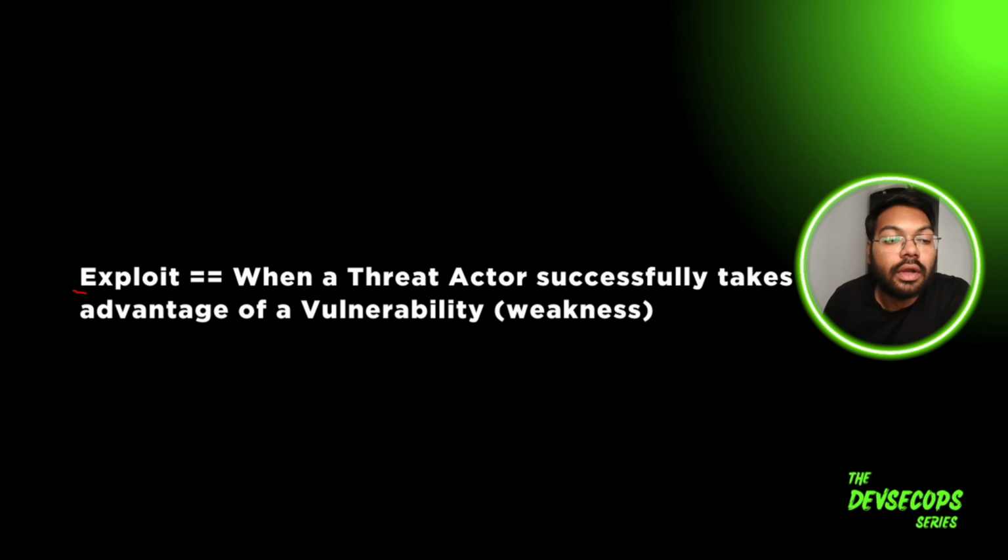Then there is something called an exploit. Now, what is this particular exploit, and how does it relate to the other stuff that we just discussed? We discussed weakness, vulnerability, threat, and threat actor. Now, how would you combine all of these things and call something an exploit? How does this vocabulary fit in our dictionary, let's say. So when a threat actor, the one with malicious intent, successfully takes advantage of a vulnerability or a weakness in your system.